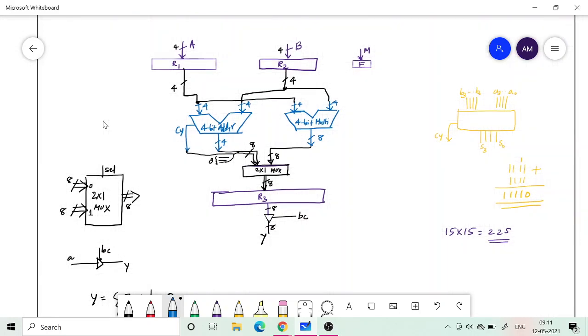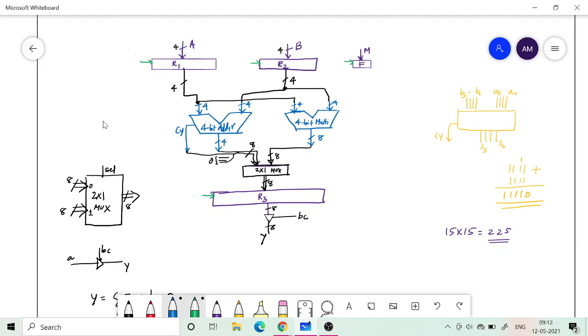Okay, so now the thing is that we need to control the flow of data in this architecture. For example, for control, every register will have a clock. Okay, so that is understood. Even if I don't explicitly draw it, you should always know that a clock is there in every register. All operations are synchronized.